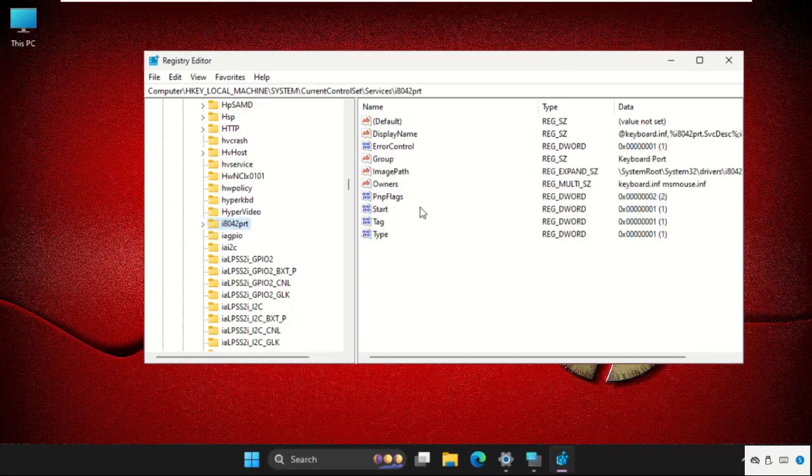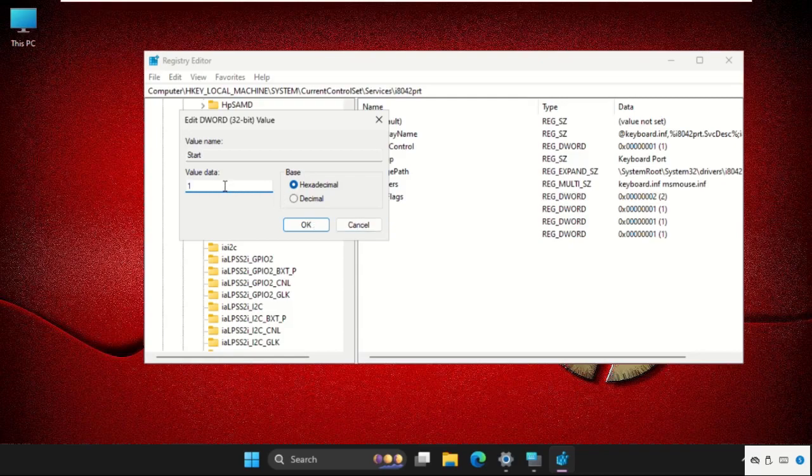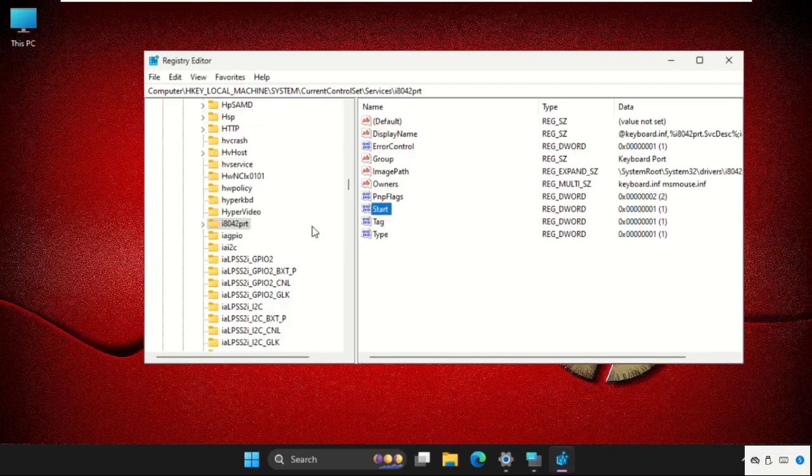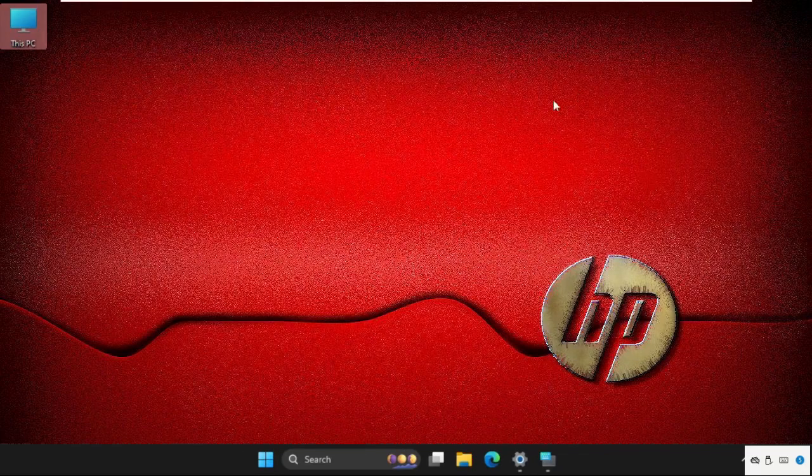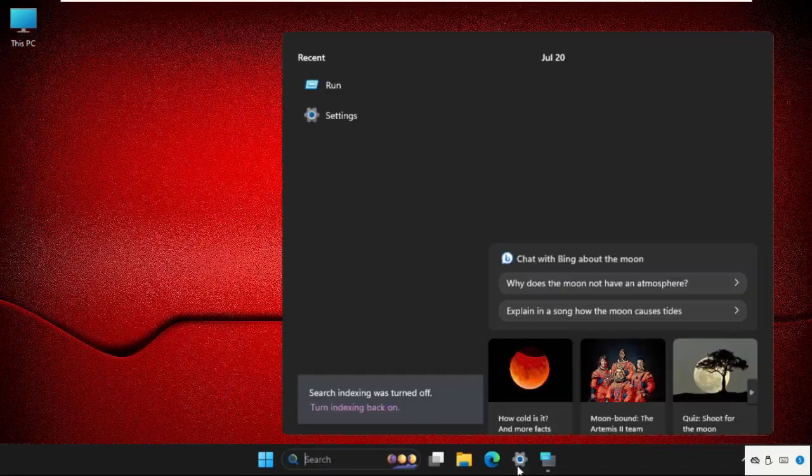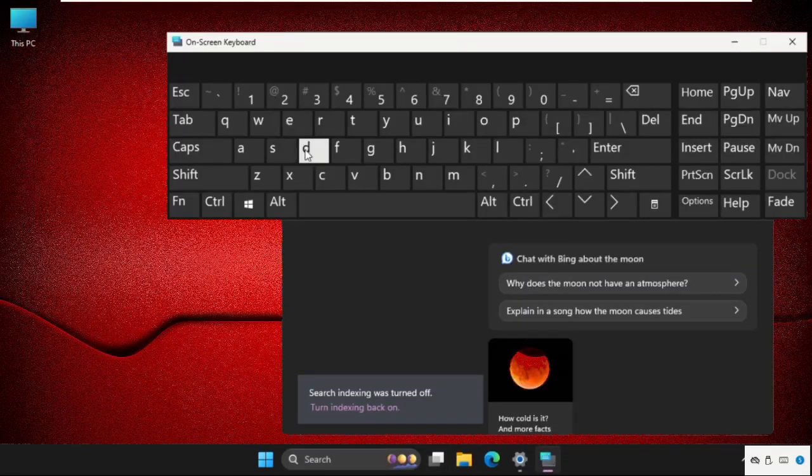On the right side, right click on start, select modify and change the value data as to 1. Make sure you have to set value data as 1, then click on OK. Now close this window. Again go to search bar and type your device,